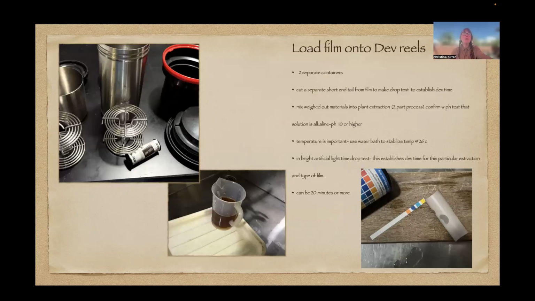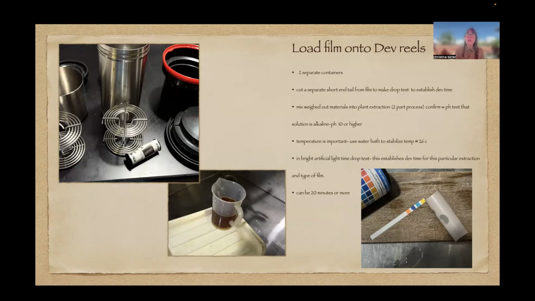It's very process orientated. Instead of just rolling your film onto a reel, you cut off a small piece, a clip, because what one does is make a drop test every time you create an extraction.